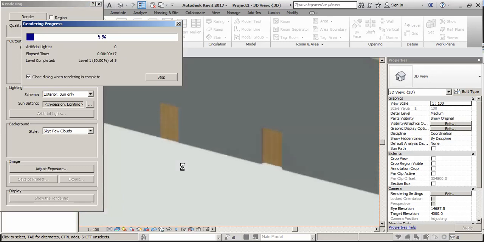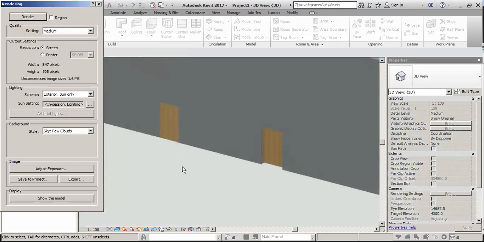Here you can see the two doors assigned with certain material. So in that way, we can create generic families parametric in nature. So here, medium draft, you can see these two doors are attached in this wall.